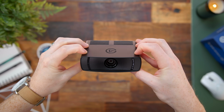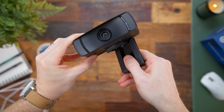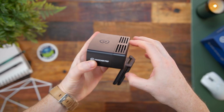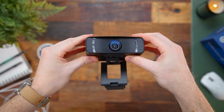Odds are though, when you're streaming, you probably have your own desktop microphone as it is, but I still wanted to point out that it's the only one on here that does not have a built-in mic. But like I said, you get the 4K 60, and right out of the box, again, it looks very good and natural. There is really not a lot that I would complain about looking at this right now, but